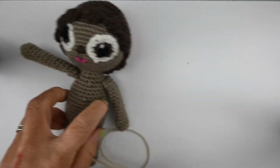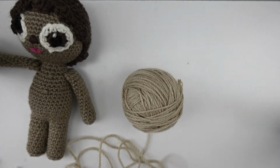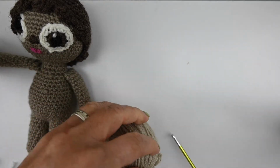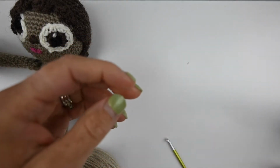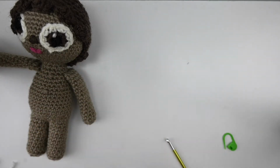So what you'll need today is some skin color yarn that you used for the arms, your 3.5mm hook, your tapestry needle, and not essential but can be handy is a stitch marker. Alrighty,